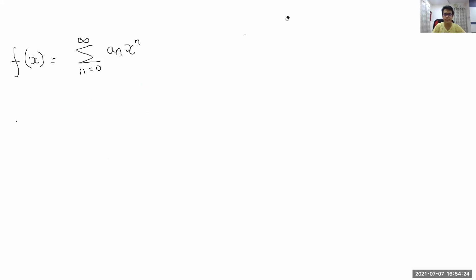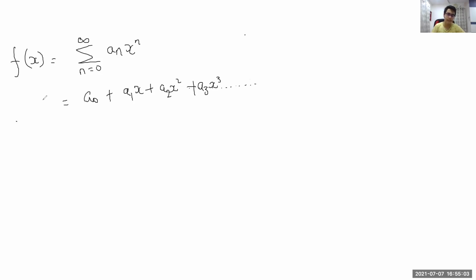Alright, so now let's have a look at how exactly we can get a formula for the nth coefficient of x to the power n. Let's expand this sum out. At n equal to 0, x to the n is just going to be 1, since x to the 0 is 1. So we get a naught plus a1 times x, and the next one is going to be a2 times x squared if you put n equal to 2, and this goes on. I'll just add one more term, a3 times x cubed, and this is an infinite sum, it just goes on.